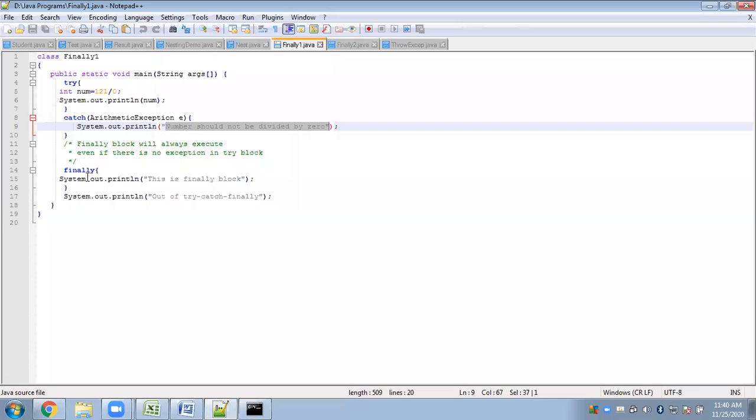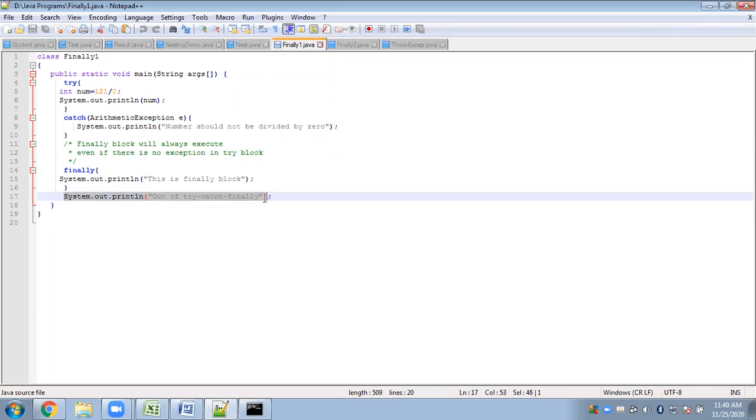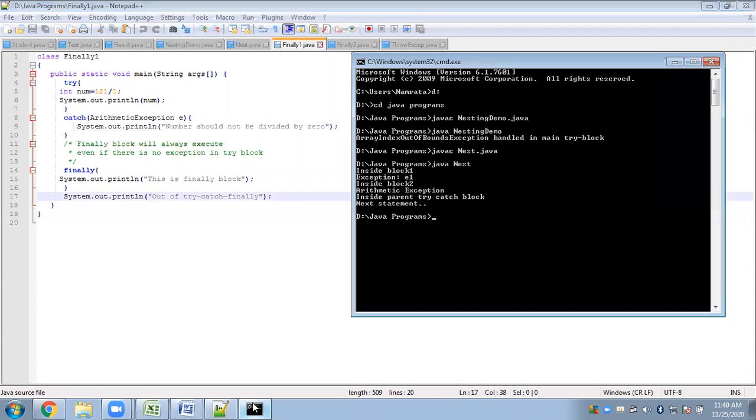After that, we have the finally block. So what do we have here? This is the finally block. Okay, so this will be displayed. And finally, this statement is outside any block. Okay, so this is the last statement that will be displayed. So let's just check it. Finally,